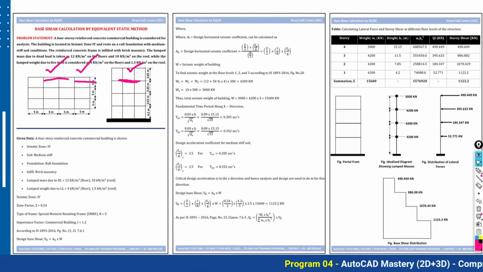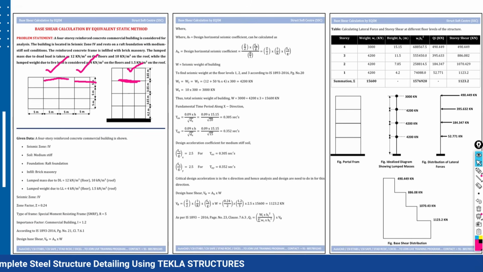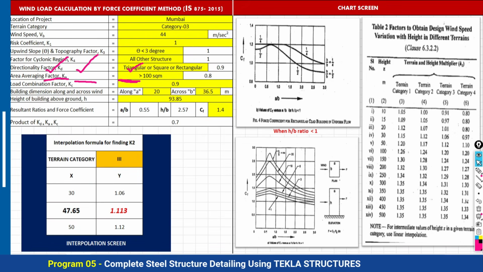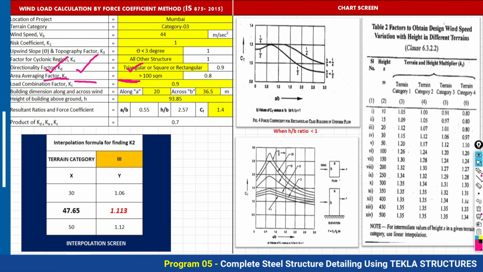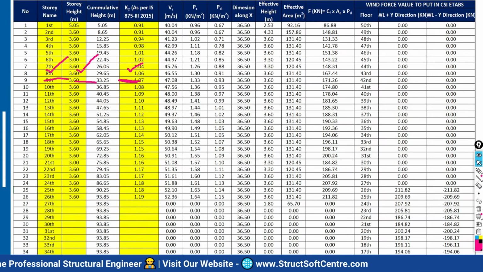We are going to do the manual calculation for the earthquake loading, and the wind load calculation by spreadsheet for the tall structure. Doing the analysis and calculation for a medium rise structure is different from doing it for a tall structure. We are going to see how to do the calculation at different floors for the wind load, because in a medium rise structure the dominating force will be earthquake, but in a tall structure the dominating force will be wind. We are going to discuss that part also.